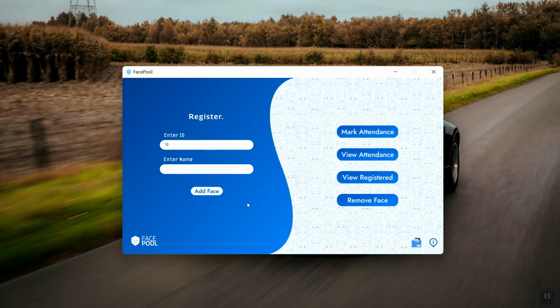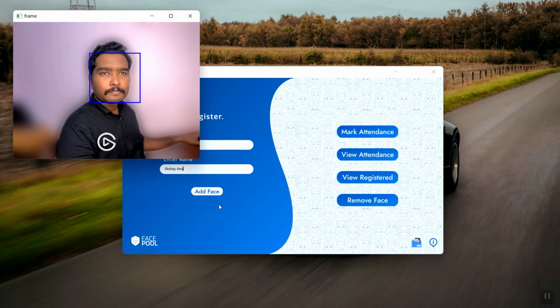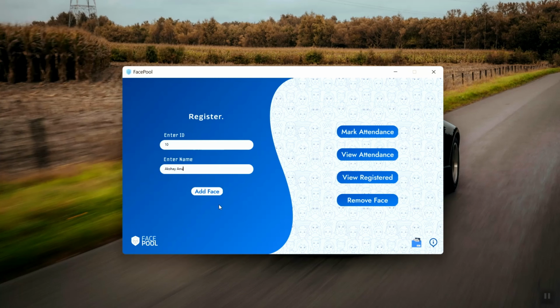So first of all, they have to enter their ID, then their name, and all they have to do is click on the add face button. So now the camera will be activated, and the camera will be capturing images of the person in front. Almost 75 samples will be taken for training, and once the training is done,